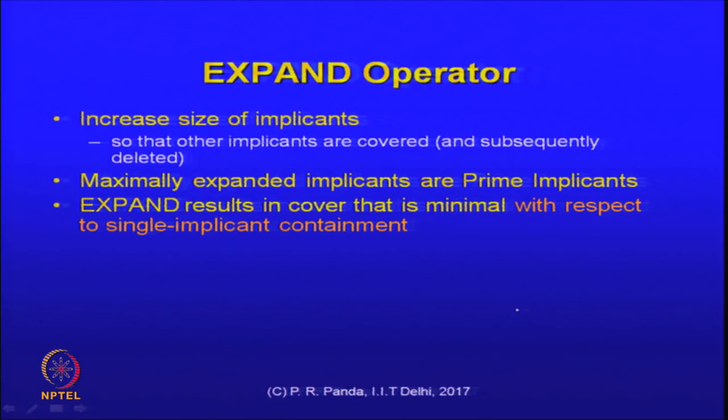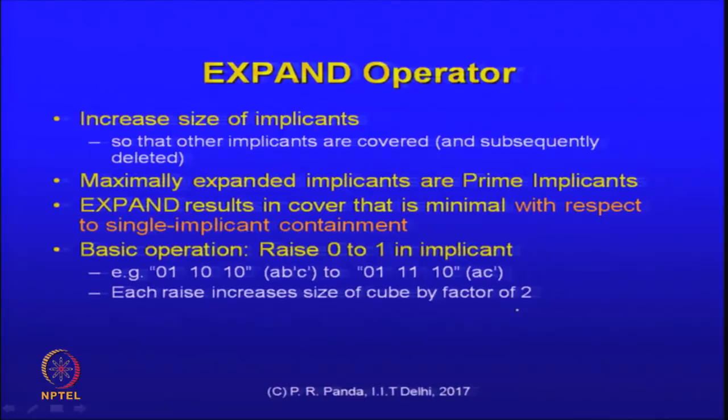When do you stop? You stop when you are intersecting the offset, which means that further expansion is not really possible. So, our basic operation, in terms of that encoding, is that you raise one of the zeros to a 1 in the implicant. We want to drop one of the literals, either a or a prime if it exists. So, here,